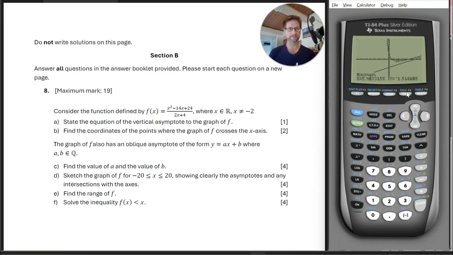The local minimum, that's when x is 5.48, and the y coordinate is y equals minus 1.51665, and so on. And what we want to say for the range is that the range